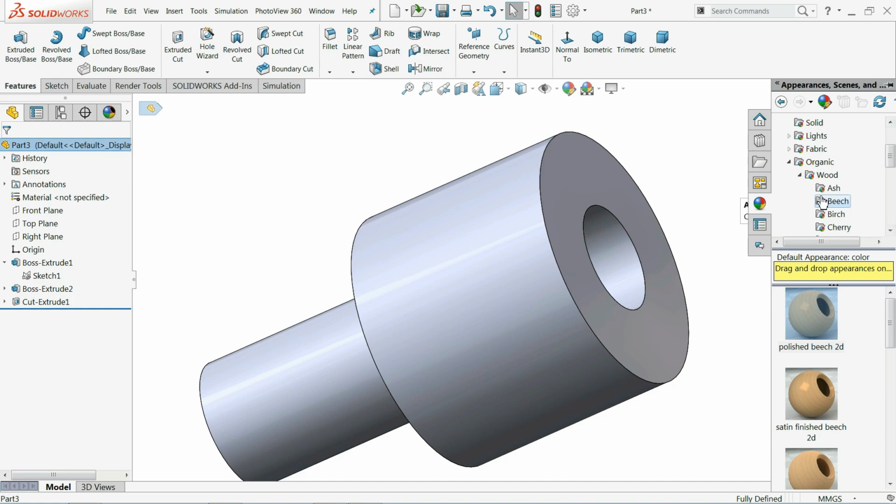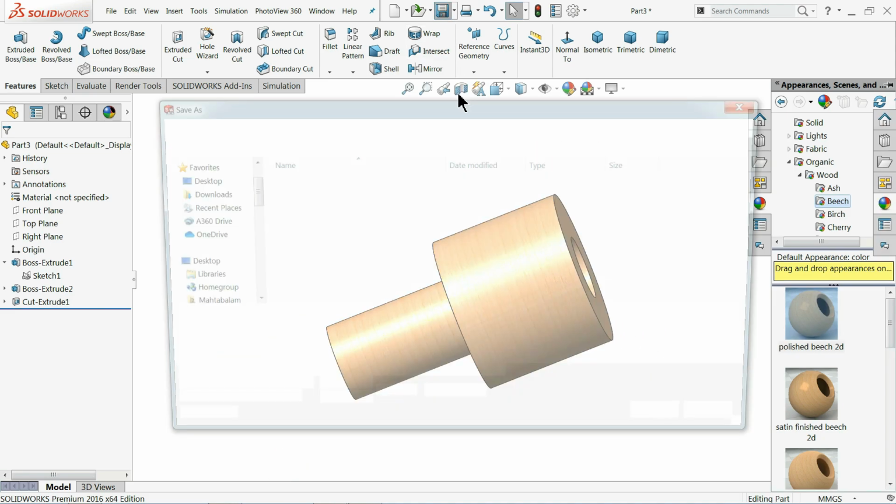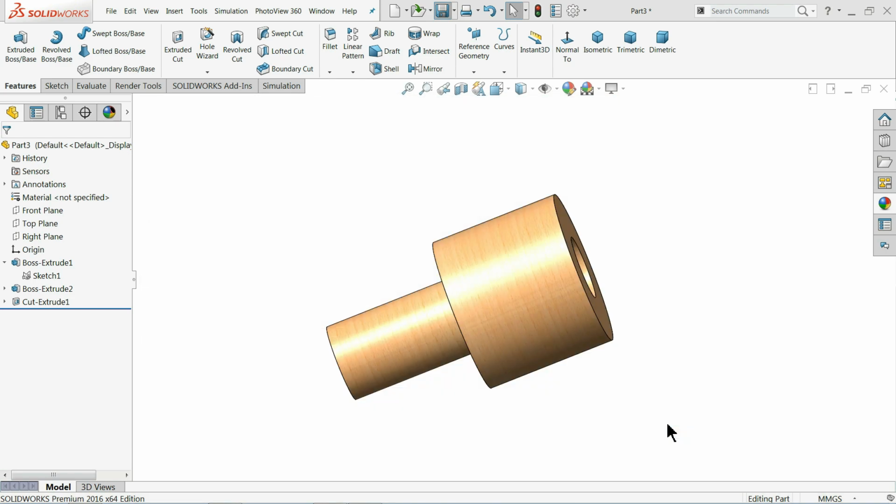Again go to appearance and wooden beach, polished beach. Oh, that's fine. Save. And this is the fourth part, motor for toy plane.